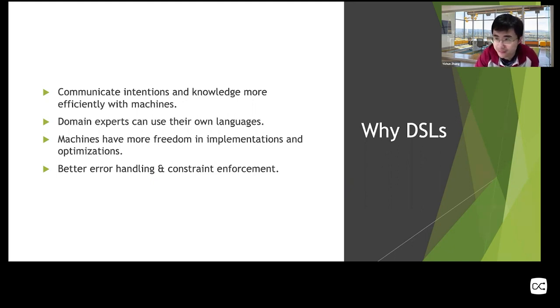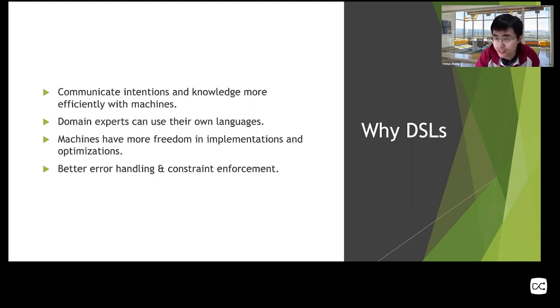But domain-specific languages are different. Instead of telling machines exactly what to do and the sequence of those actions, they express high-level knowledge and intentions. So this way, we can free up the machines to find the best way to actually implement those intentions or knowledge or goals.